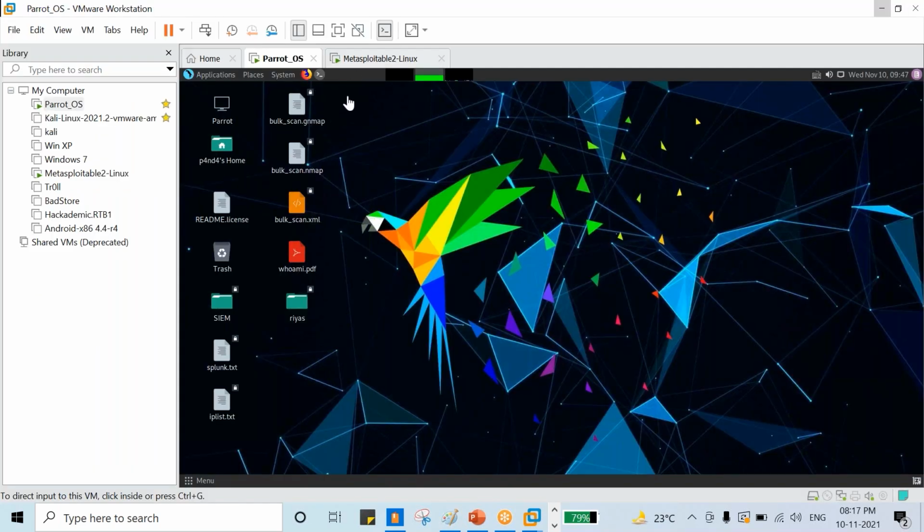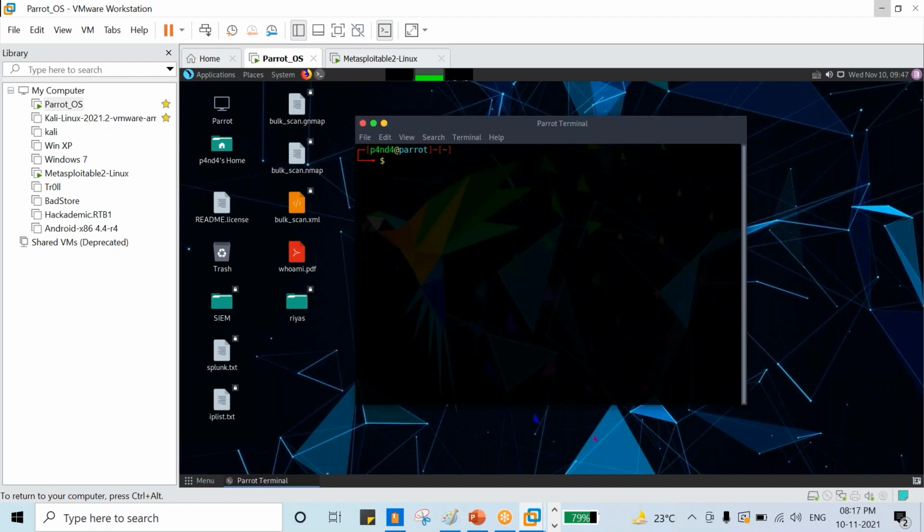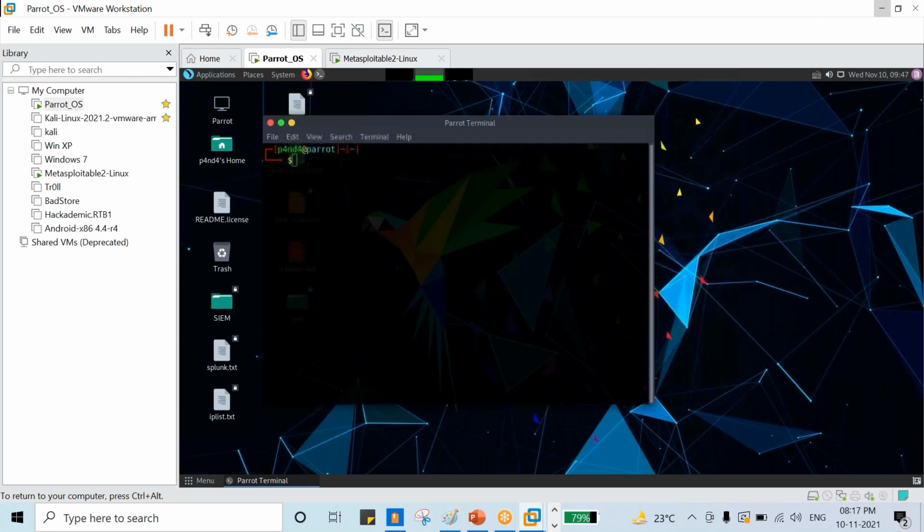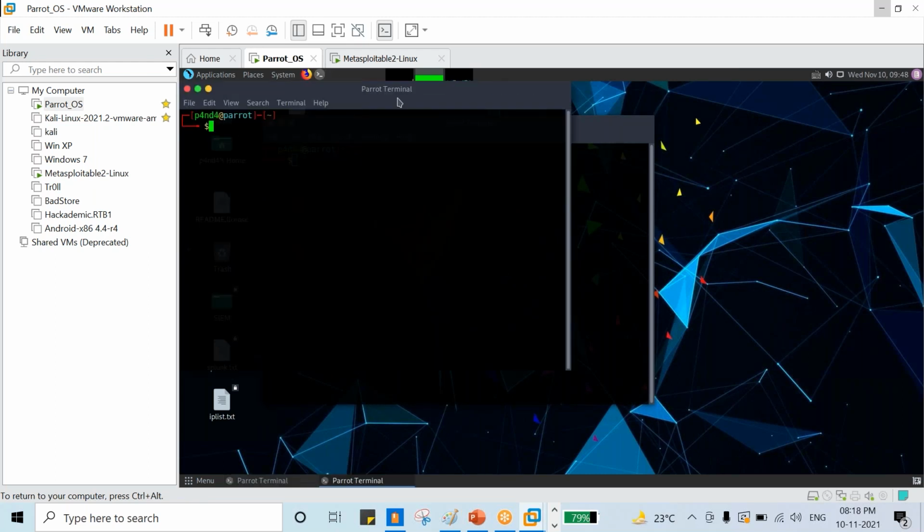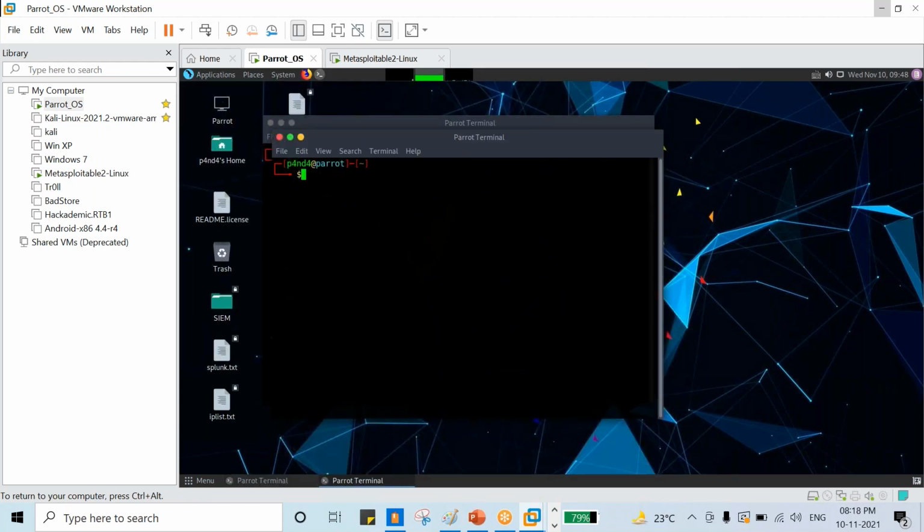See, this is my VMware Workstation. I'm just opening my terminal. See what I have done over here.